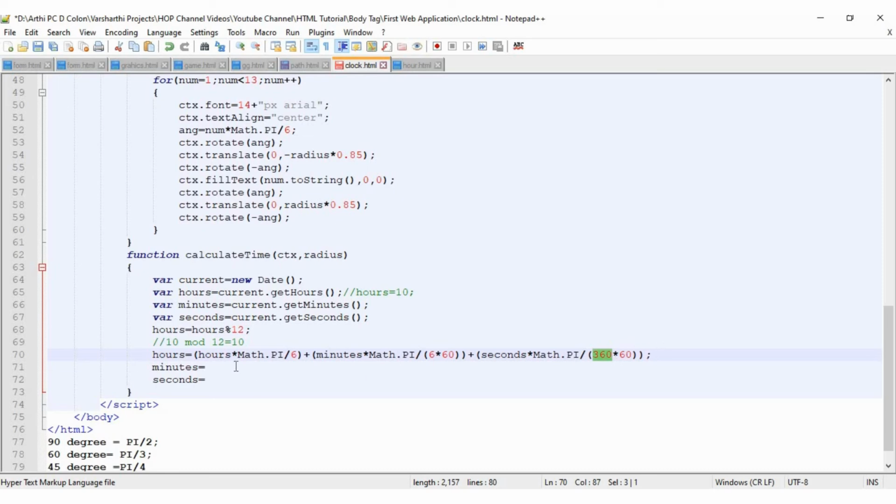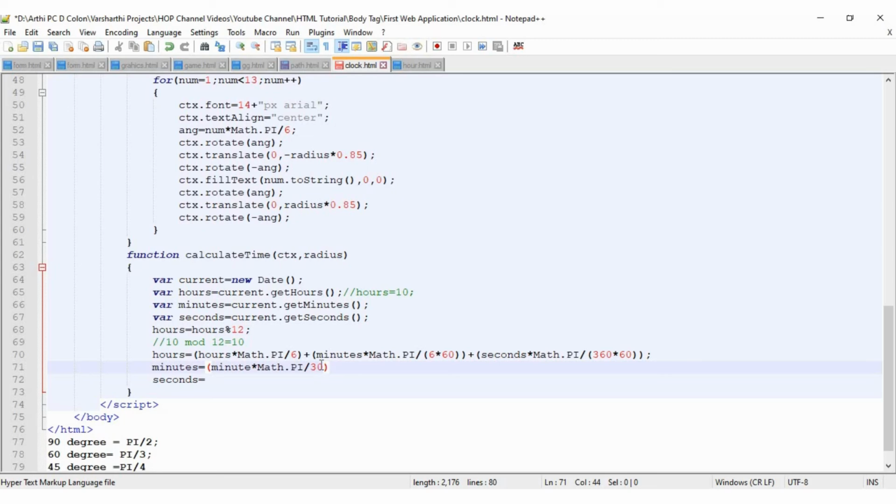Similarly for minutes, we have to calculate the current value of minutes by dividing the pi value by 30. Why have we divided the pi value by 30?